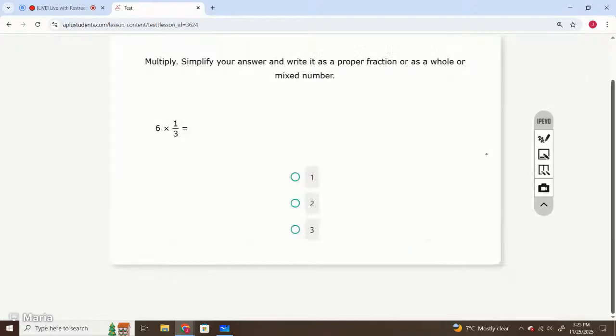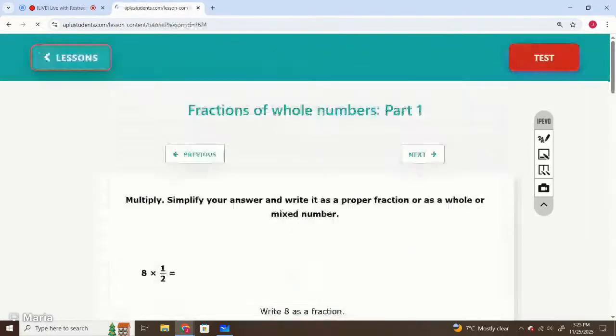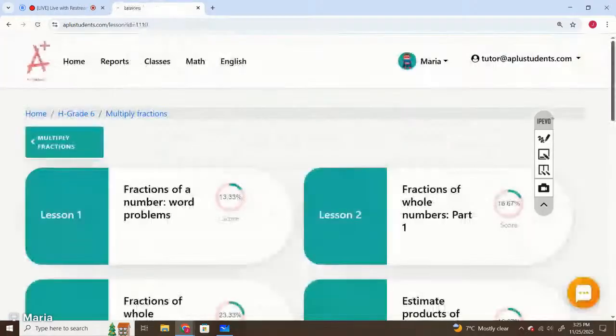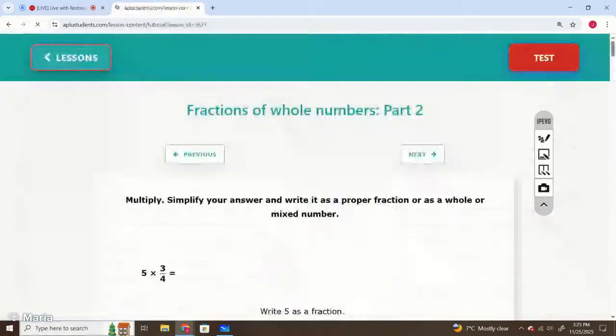Okay, you can complete the lesson by yourself later today. Let me just move on to the next lesson. The next lesson is fractions of whole numbers part 2. Let's just see. Multiply